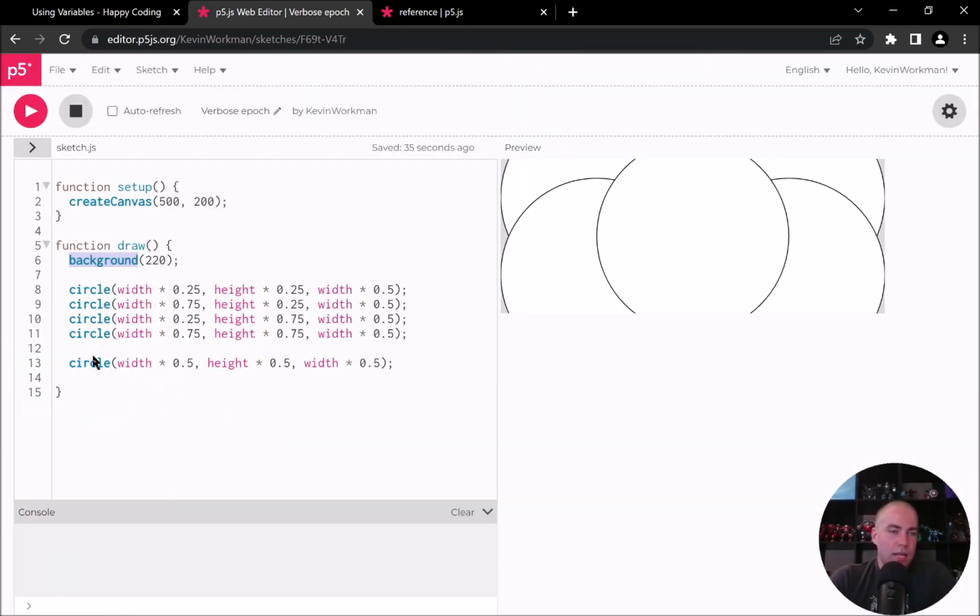Then I'm drawing, actually, let's jump down to this center circle. I am drawing a circle in the center with width times 0.5, height times 0.5. And then I am giving the circle a size of width times 0.5. Now the width of the canvas is 500, so the diameter of my circle is 500 times 0.5, which is 250. And so that's why